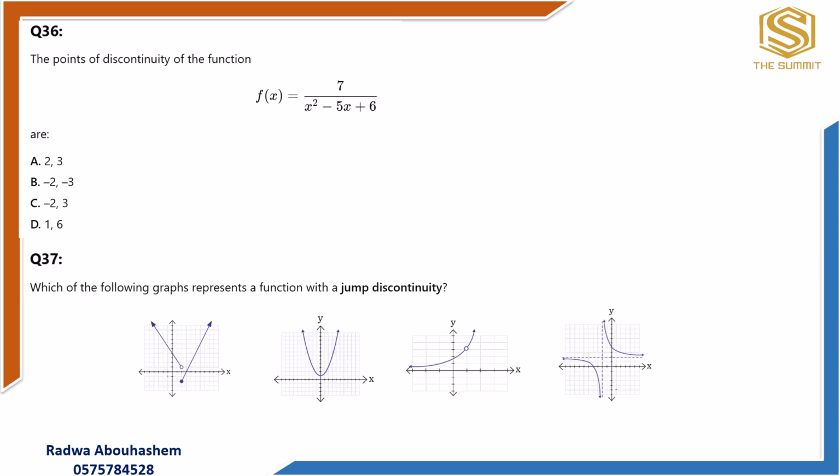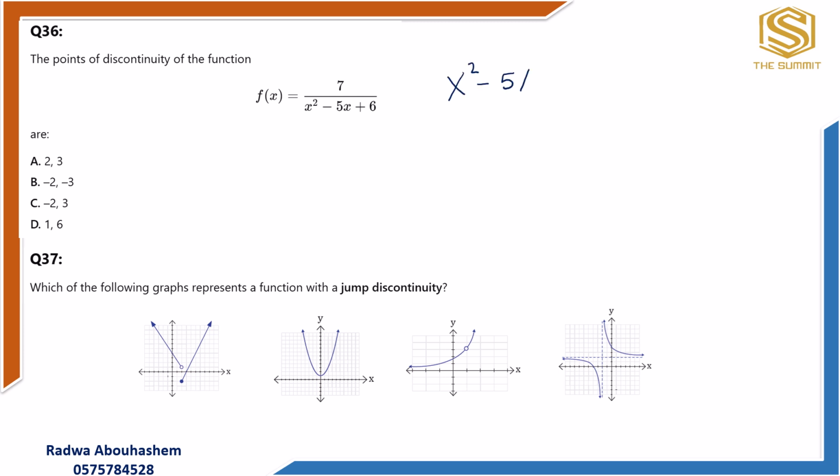Question 36, the point of discontinuity of the function. Now we have here infinite discontinuity. Once we have infinite discontinuity, this means we have to get the vertical asymptote. How do we get the vertical asymptote? Put the denominator equal to 0. So here,